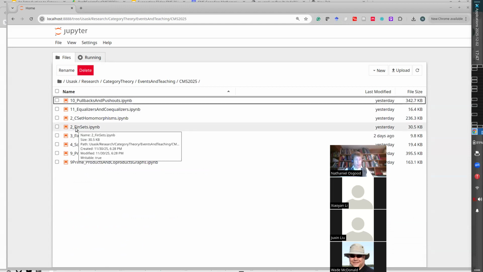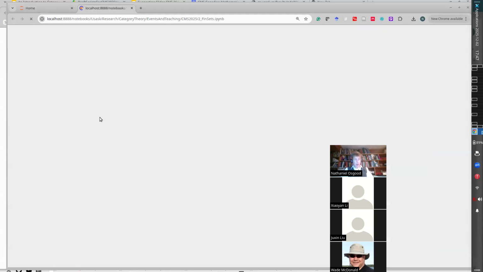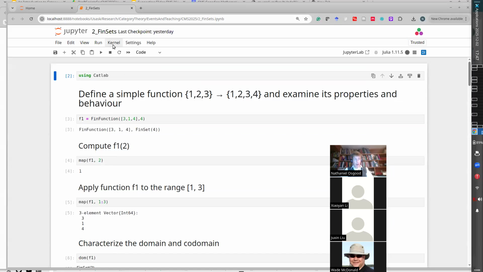And you might want to direct it on your side to your downloads folder where you downloaded that first script, 2 underbar FinSets. Okay. Now, once you point it to that, you can double click here to open it up. And you'll open up in Jupyter Notebook